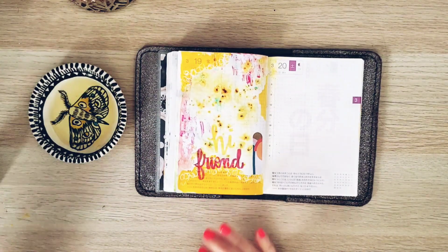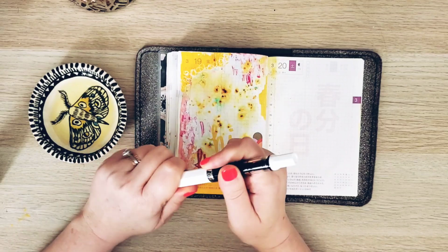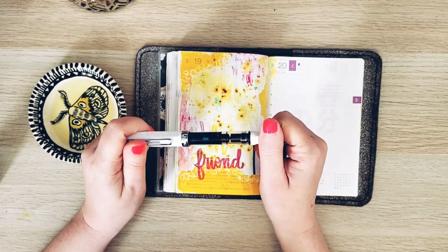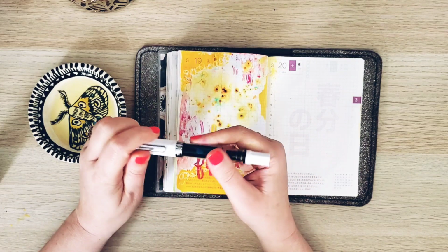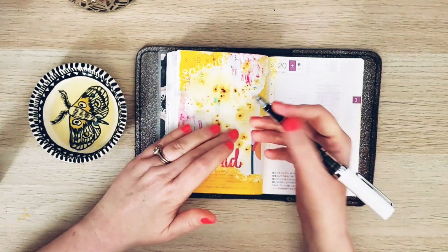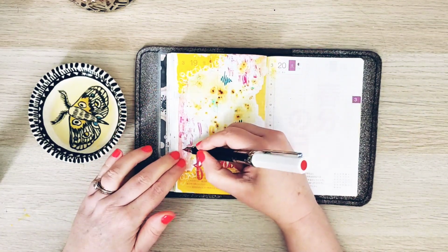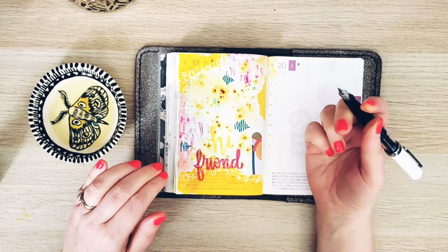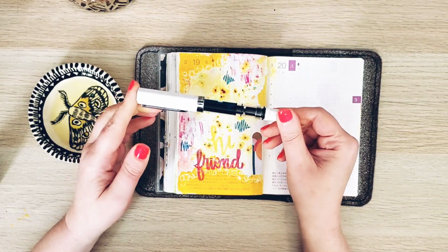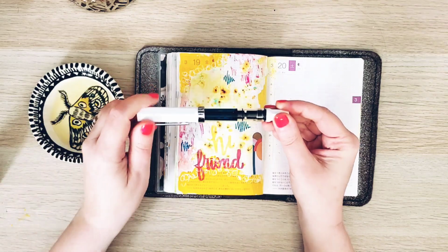Okay. And next up, continuing with pens, is, oh, this is blue. I meant to get the pink one. Oh, well, it's okay. So my favorite fountain pen, I went on a little fountain pen journey, and now I've decided that I really like these ones, and these are the ones I'm going to keep getting if I decide to get more, which I may not. But in terms of a nice, thick, juicy kind of line, so to speak, I really like the TWSBI Echo. I have had two, and both of them work fabulous, and they hold a ton of ink. I think they're medium tip too. I like a little bit of a thicker line. The TWSBI Echo is my favorite fountain pen,